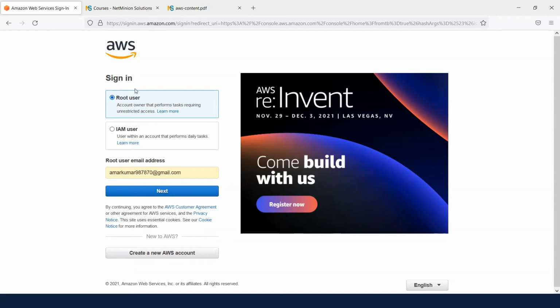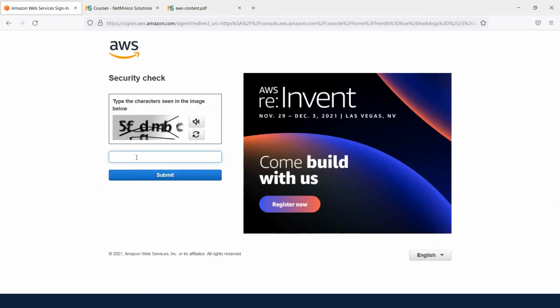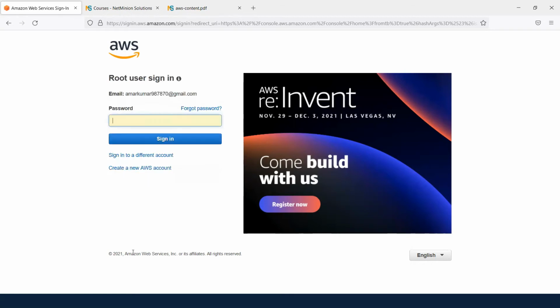Since I am the owner of this account, I can log in as a root user. I just need to click on next, and here it is going to ask for a CAPTCHA. Let me provide the proper CAPTCHA, DMBC, and click on submit. Provide the password and then click on sign in.